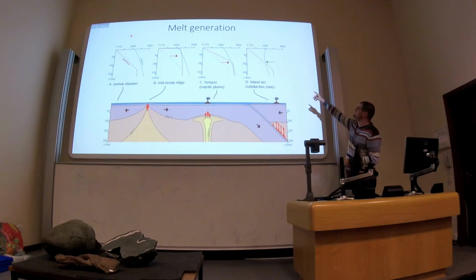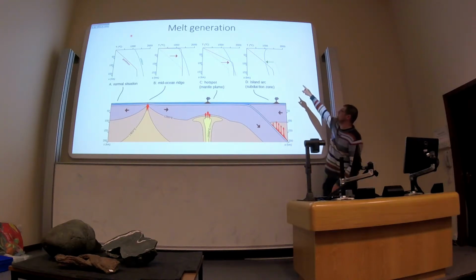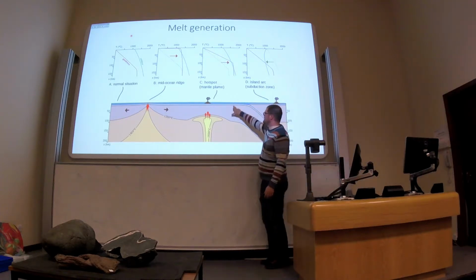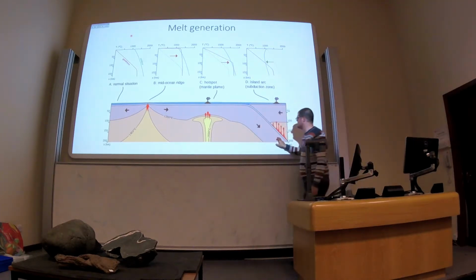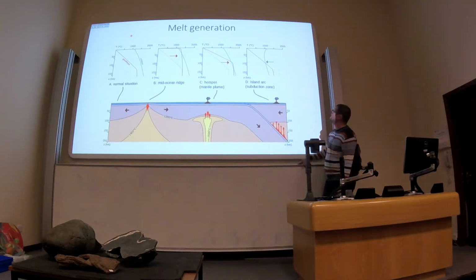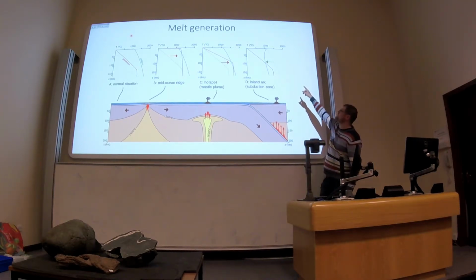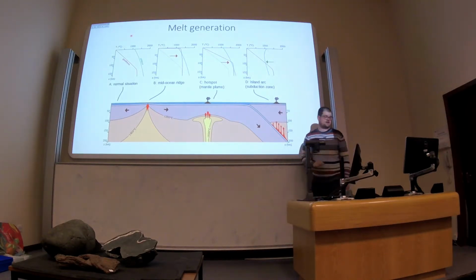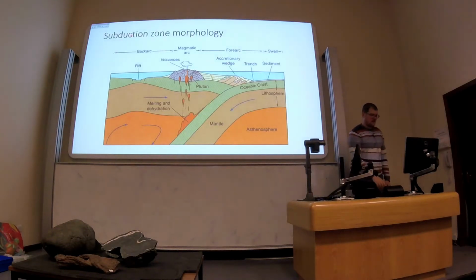So in this case, rather than change the geotherm, rather than change the red line, we're actually altering the properties of the rock by taking water from the ocean, putting it into this oceanic crust, and subducting it down. As it comes down to this high pressure region, the water gets squeezed out of the rock essentially, and goes into the overlying mantle here, and that causes the properties of that rock to change such that it's easier to melt. And that causes us to get different kinds of rock formed under that volcano. So that's what happens.